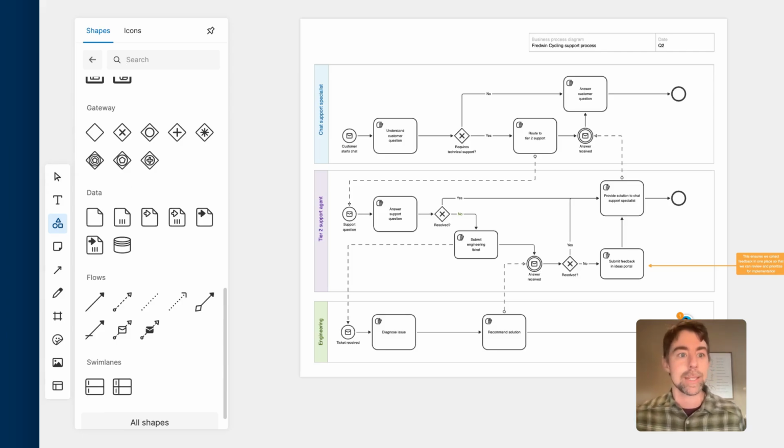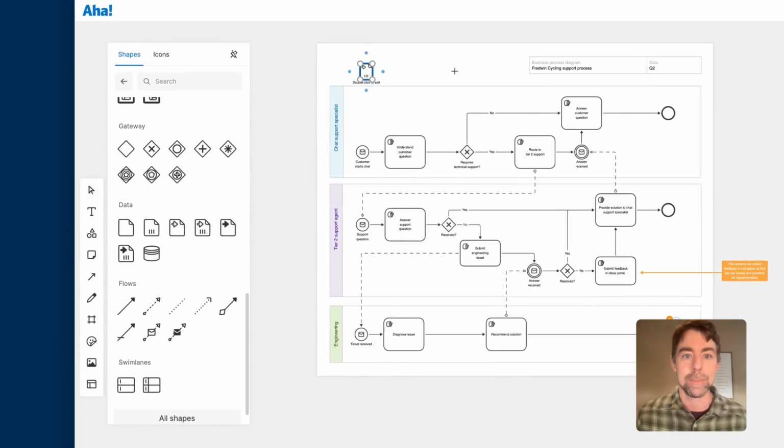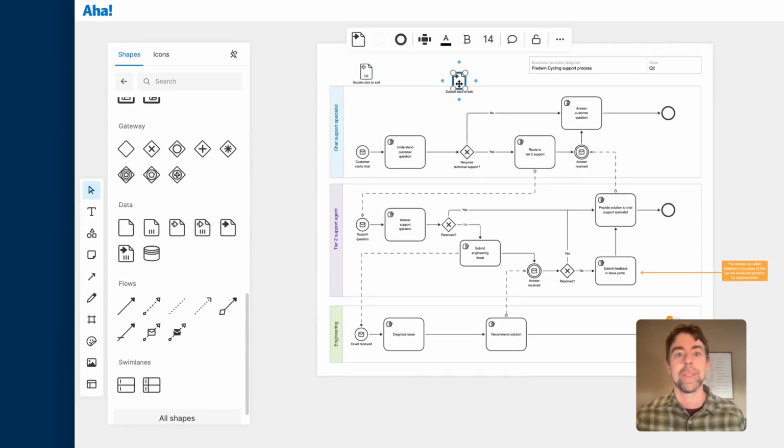And if you're building this from scratch, I like to pin this menu since I'm usually adding a lot of different objects at once. Here we go, adding a couple in here. If you add the wrong object to the right place, you can also click in here and choose a different object from the same subcategory there. And then because these are shapes in AHA Whiteboards, I can duplicate them or connect them, annotate them, whatever needs to happen. This thing I just added doesn't make a lot of sense.